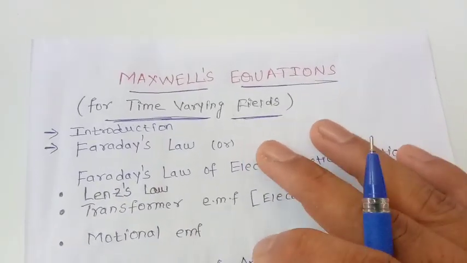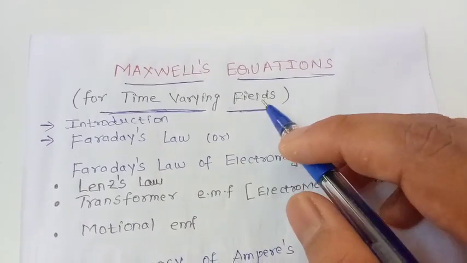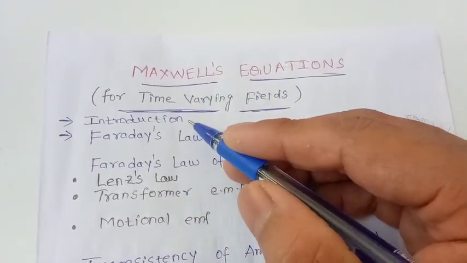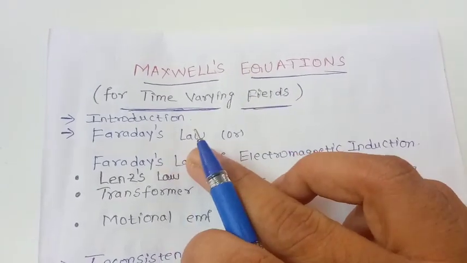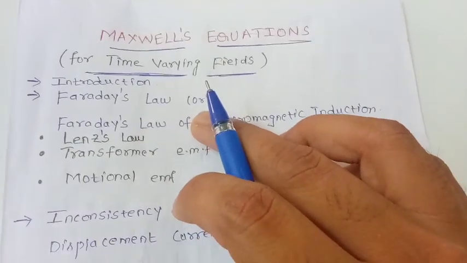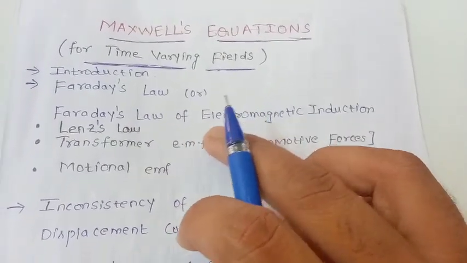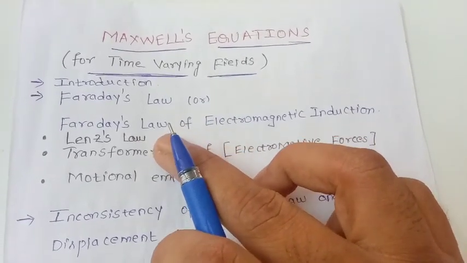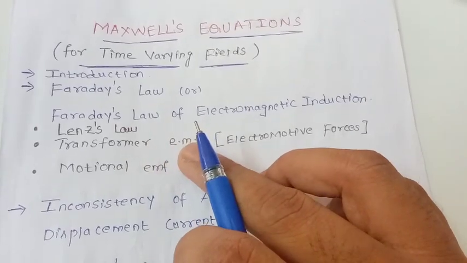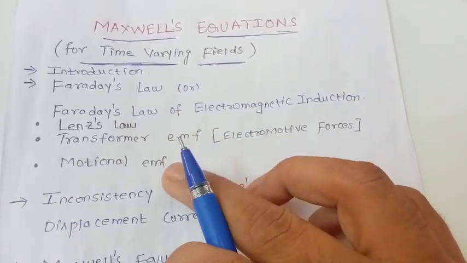Good afternoon, students. This is unit number 3, Maxwell's equations for time varying fields. Coming to the topics, the first topic is introduction. The second one is Faraday's law, or you can also call it Faraday's law of electromagnetic induction. In this Faraday's law, we have the subtopics Lenz's law, transformer EMF, where EMF is nothing but electromotive force, and